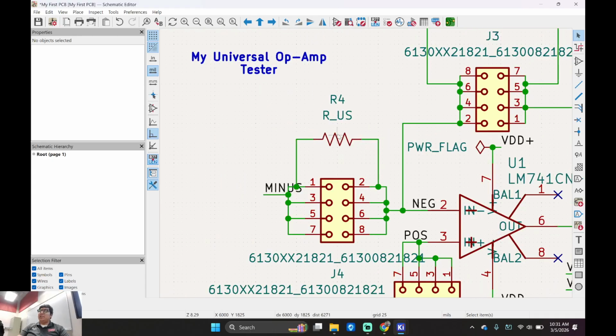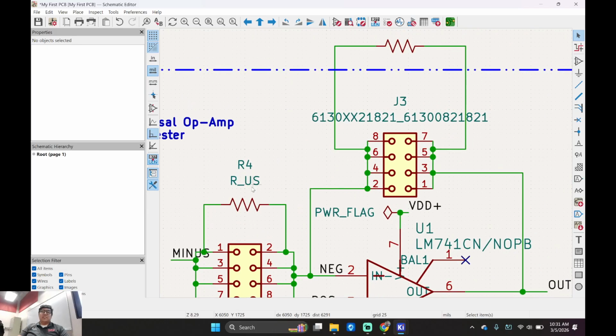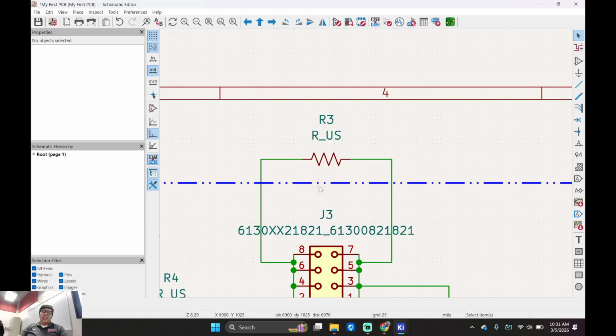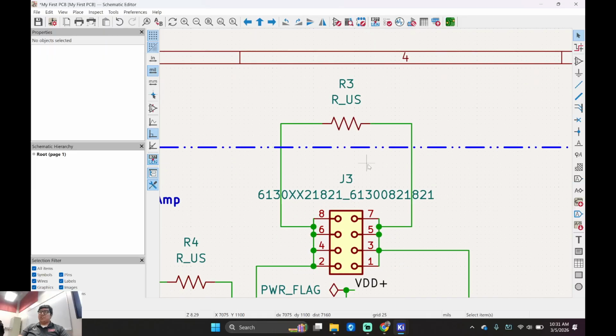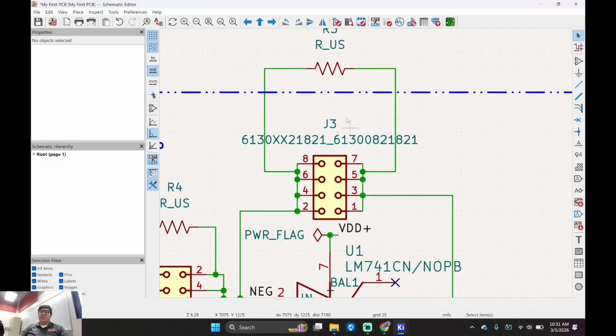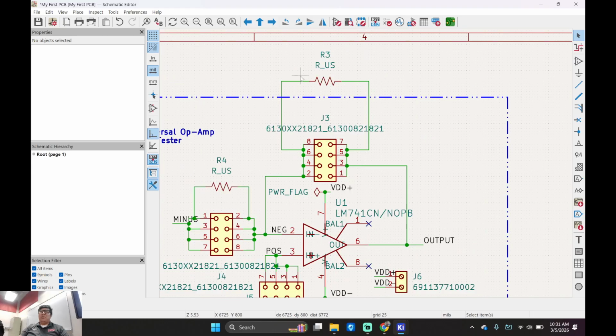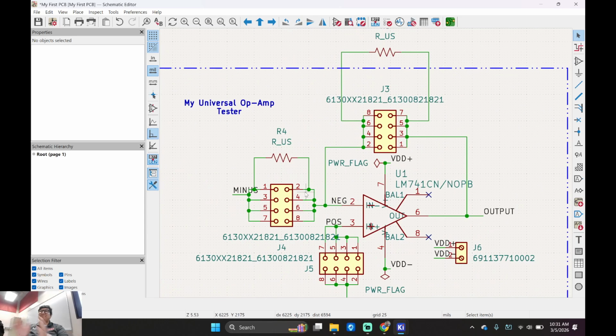What's this resistor right here? This is my feed forward resistor, right? This is going to be like, I don't know, 1K, right? And this right here is my feedback resistor, right? 10K, right? What's the gain for an inverting op amp, with this being 10K and this being 1K? Minus 10, right? Because we have negative feedback. Well, it's an inverting op amp topology.